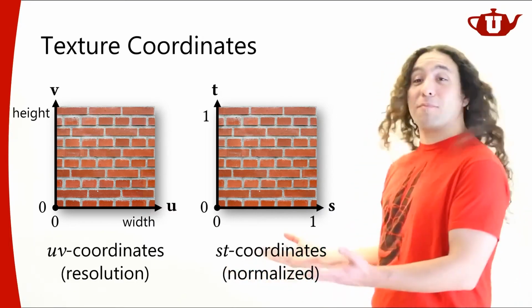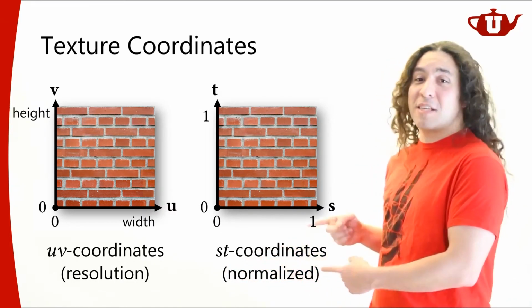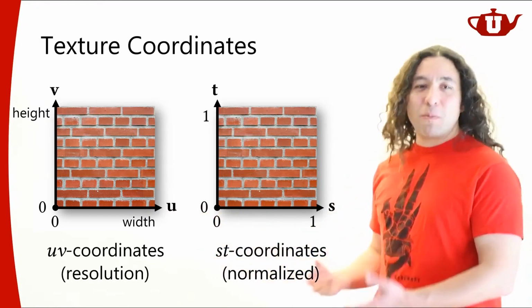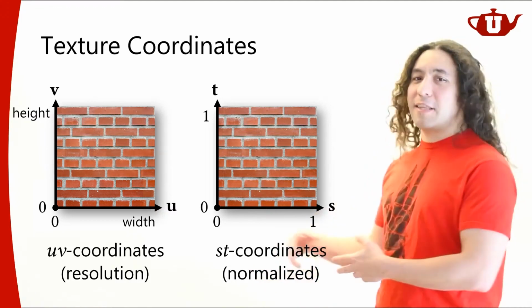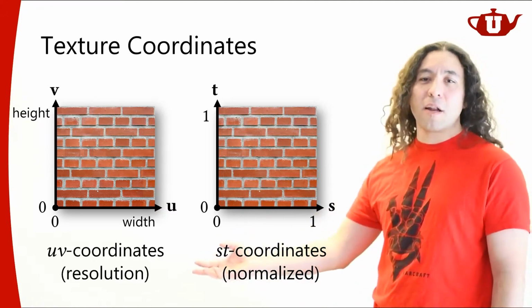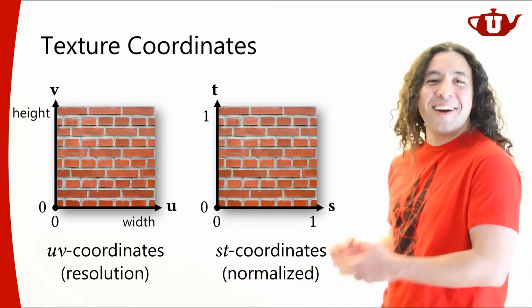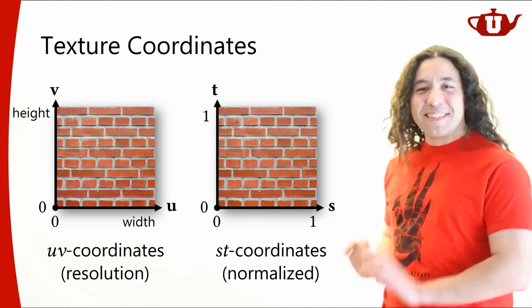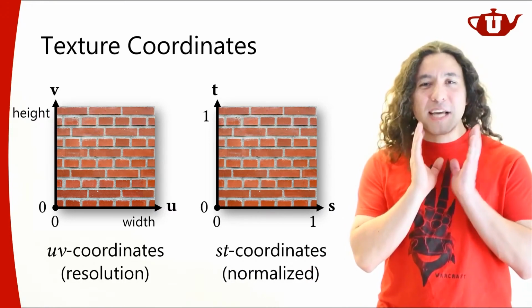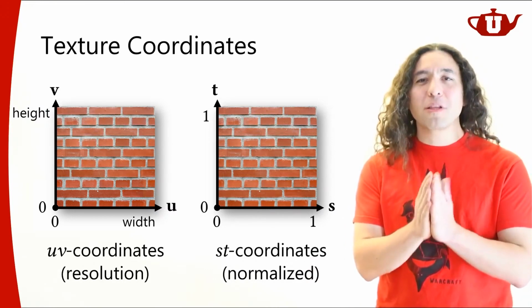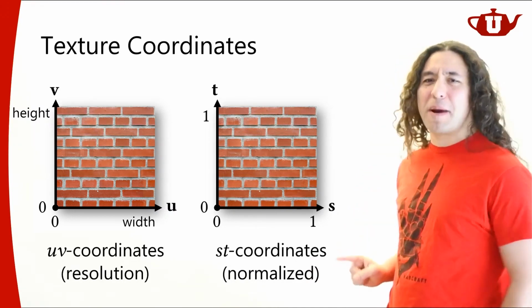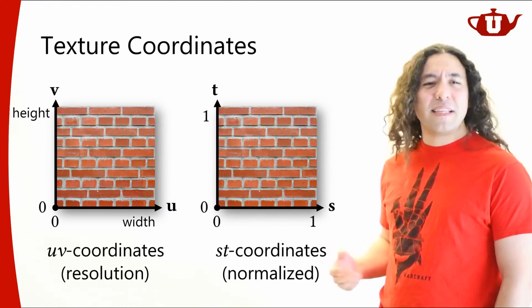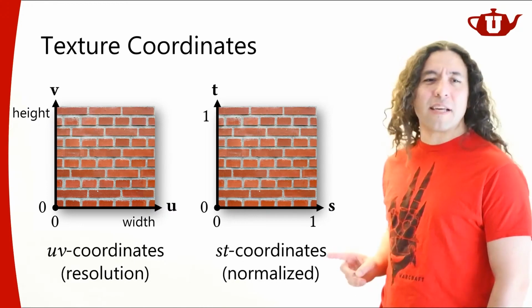But these are just some random names that we came up with. I mean, this could be UV and the other one could be ST. But turns out when people define them, they call this one ST, the other one UV. But UV caught on, ST never caught on. So everyone's calling this one ST. Oh, sorry, this one UV. Nonetheless, when people talk about texture coordinates, call them whatever they want, they typically talk about normalized texture coordinates, right? They can call it ST, they can call it UV, they mean normalized texture coordinates.